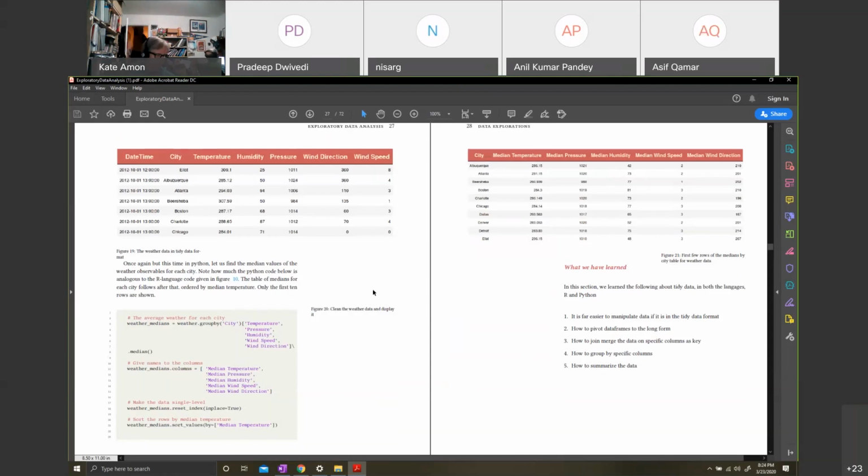Once you get used to this, the concept of pivoting, all you have to do is pivot it into the long format. Oh, I see. So even if it's already there, we can melt it. Yes, the word melt, pivot, these are all synonyms. And these are very powerful things.